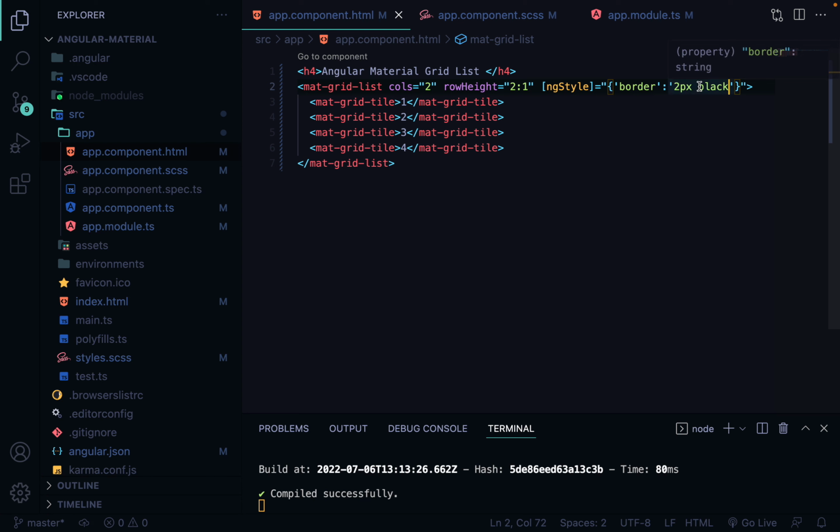Save it. Okay, let's... or not background color, border. Let's give the border 2 pixel black. Border 1 pixel. Okay,